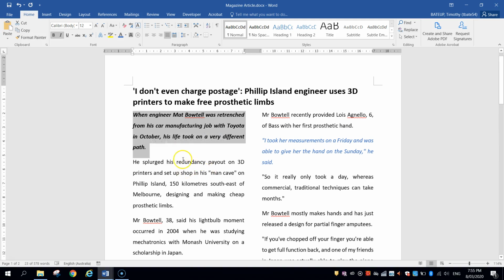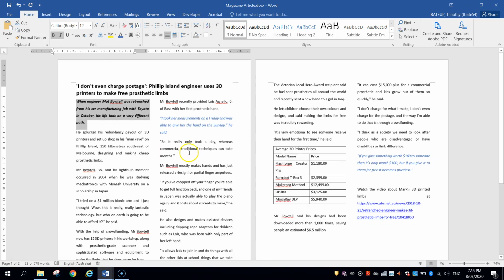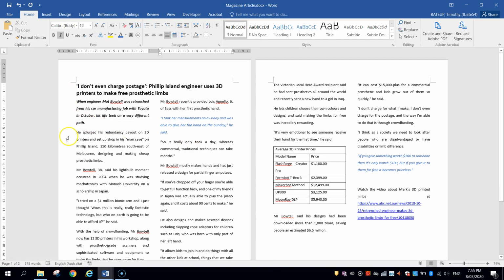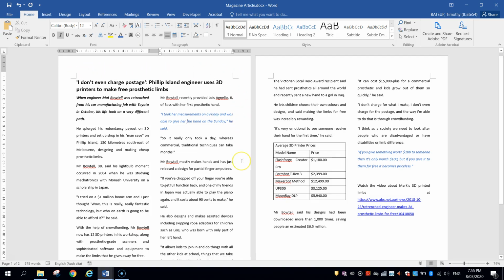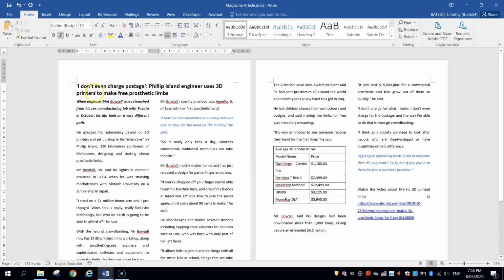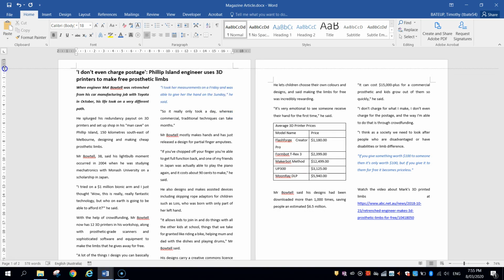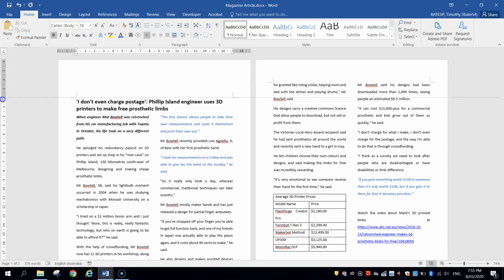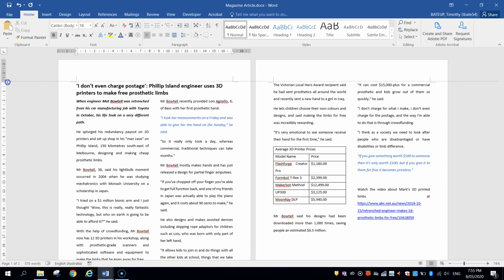Now from here, I'm going to play around with the margins a little bit. Okay, the margins are the white space that you see around the outside of each page. A quick way to play with them is picking up these little levers here on the left hand side and the top of your page. Okay, I'll show you on the left hand side first. If I was to click where the grey and the white meet one another, you can drag it up to give it less space across the top of your page. Okay, you can drag it down if you want more space at the top of your page. So we can play around with those to adjust our margins.